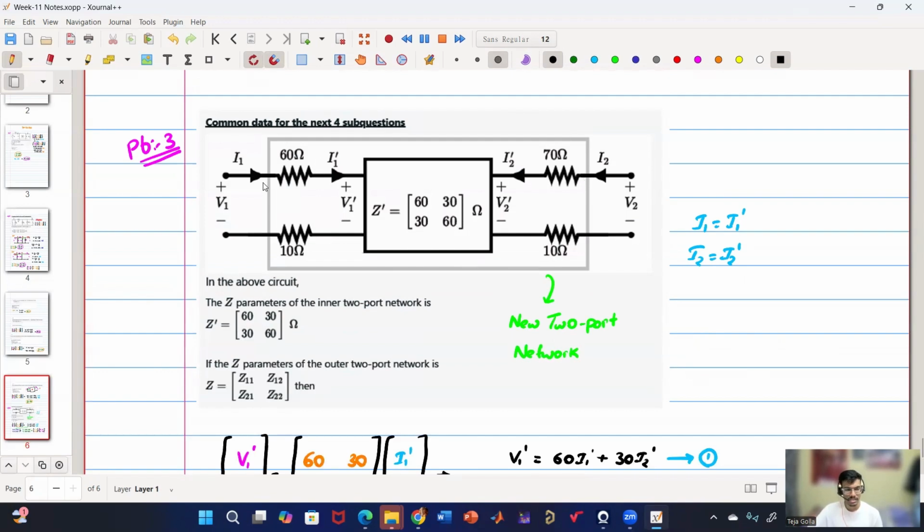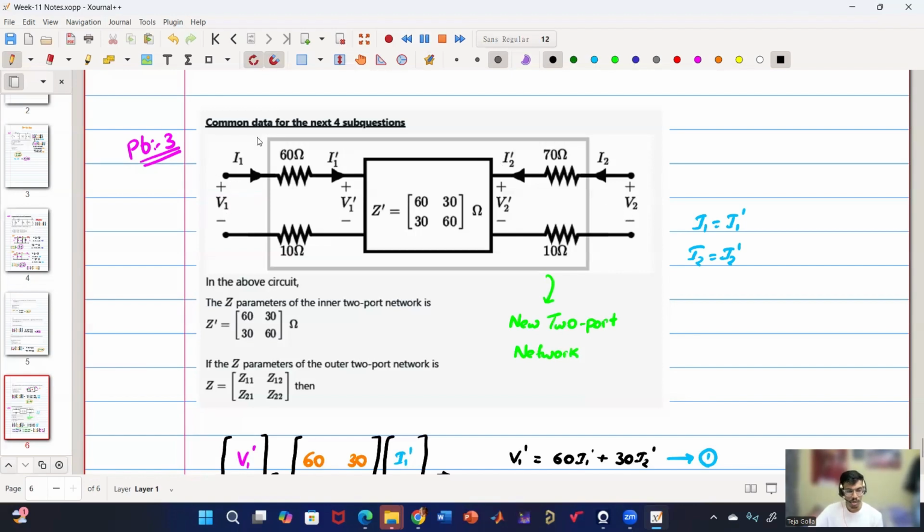So it is neither cascaded nor series. We cannot say exactly because again you have to consider this as a two-port network as well as this as a two-port network, but it looks like it is cascaded, but it will make things complicated. So it will not directly come under any of those things. Basically, what we need is we know I1 equals I1 dash, I2 equals I2 dash. And we need the new Z parameters, which is V1, V2 in terms of I1